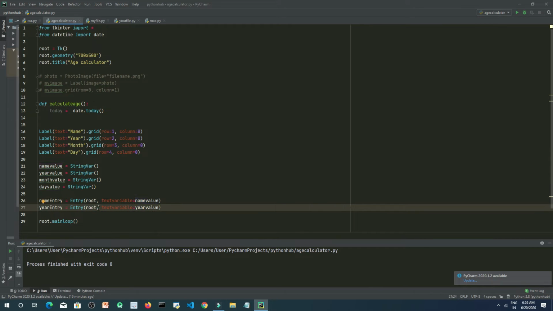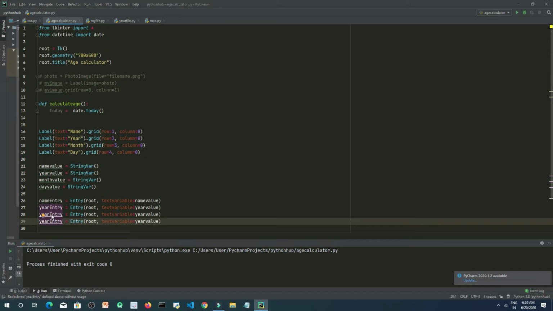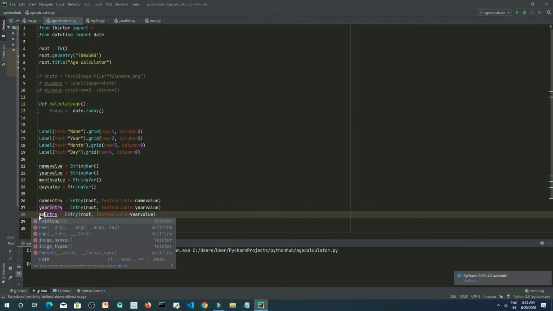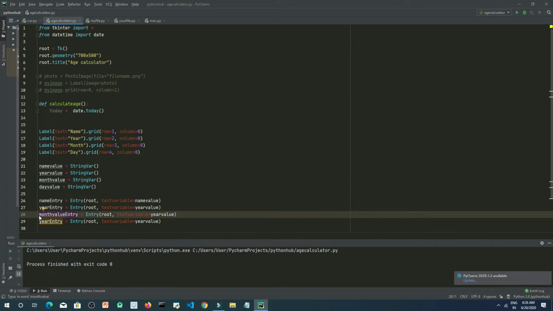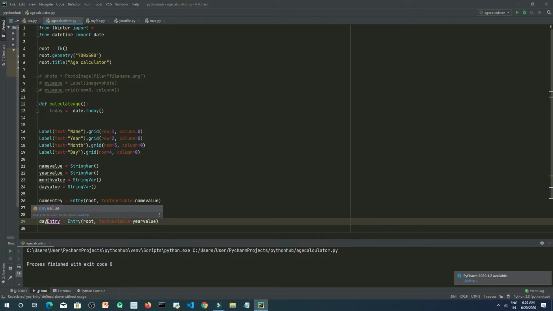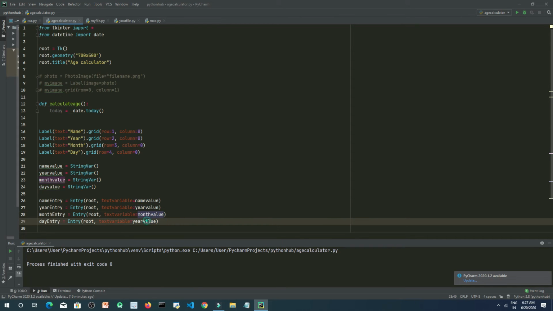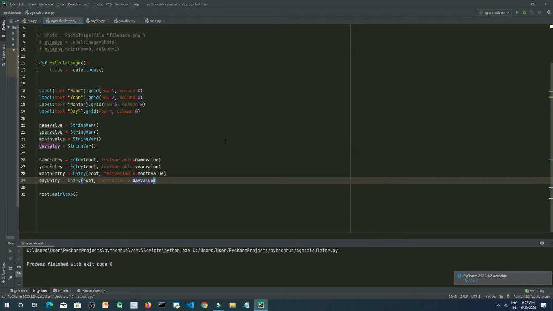So now let's replicate them, and this should be month, right? This should be month entry. Okay, and this should be day entry. Okay, so now this should be month value, right? And this should be day value again, right? So we have successfully done our work so that we can take entry from the user, right?